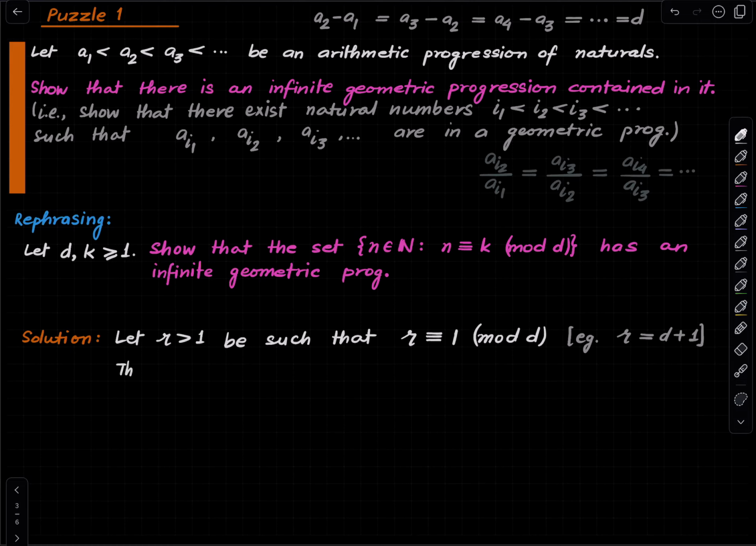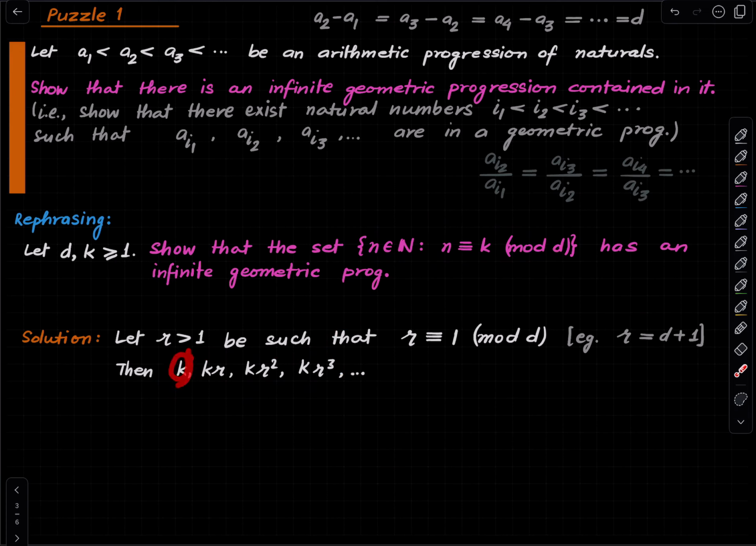Then the progression k, kr, kr squared, and so on, this is clearly an infinite geometric progression. This is an infinite sequence of natural numbers. It's not constant because r is greater than 1. This is a genuine infinite geometric progression, and each of its members is here,